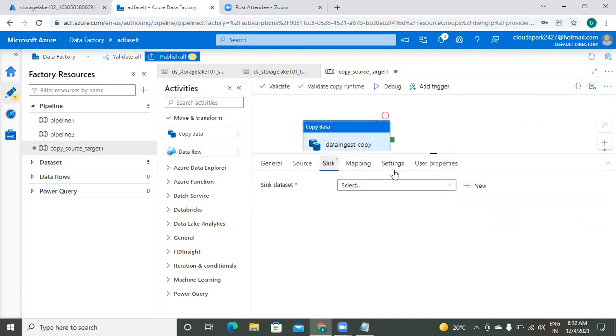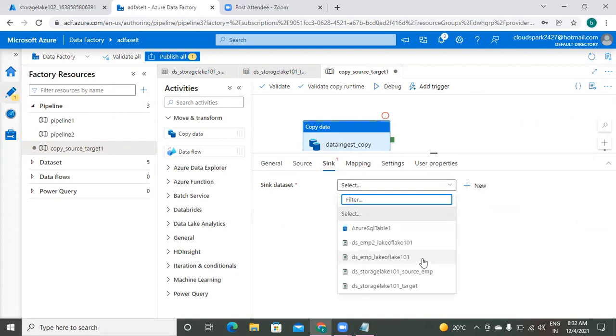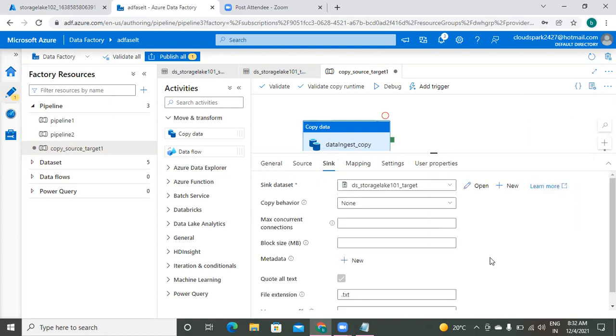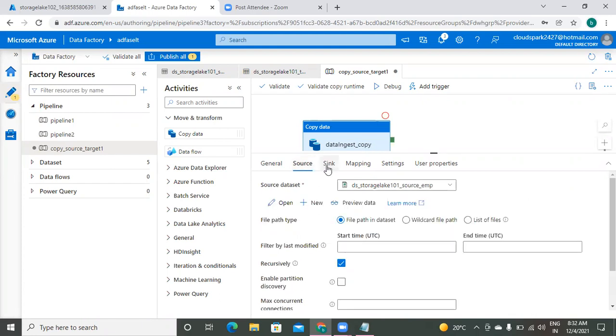I'm clicking on sink. Look at the last one, DS underscore storage lake 101 underscore target. I'm selecting it as sink. I want to copy easily, I don't want to map the columns. Later we will be discussing mapping. So for now, source and sink we have selected.